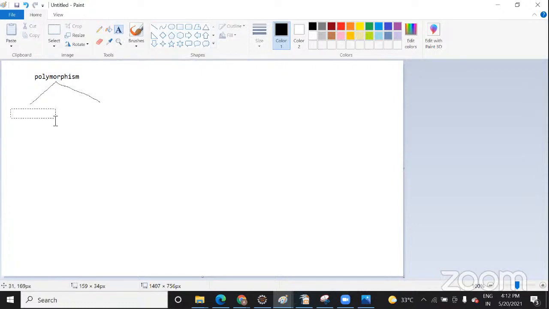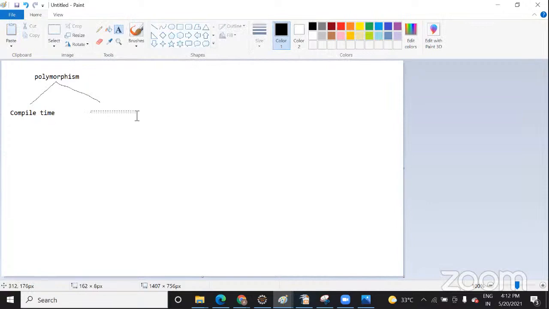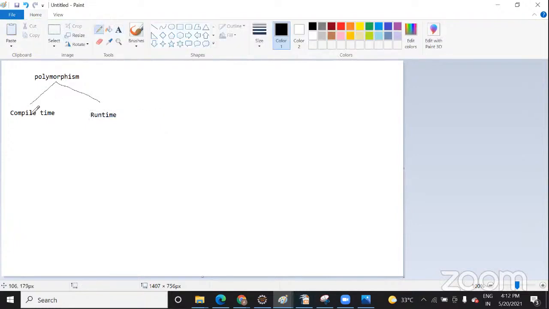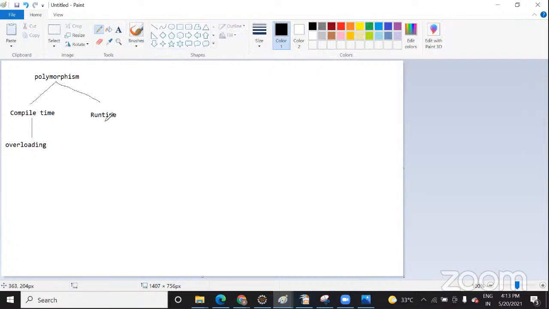Polymorphism is classified into two types: compile time polymorphism and runtime polymorphism. Compile time polymorphism is overloading. The overloading that we use is defined under compile time polymorphism, and the overriding that we have seen comes under runtime polymorphism.